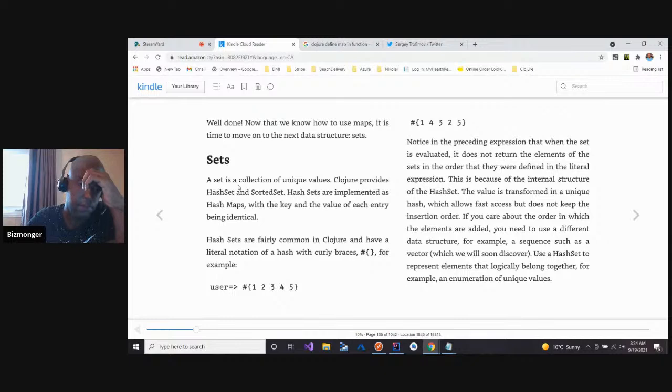For example, this right here is hash, and then within braces 1, 2, 3, 4, 5. Notice in the preceding expression that when the set is evaluated, it does not return the elements of the set in the order that they were defined in the literal expression. This is because of the internal structure of the hash set.